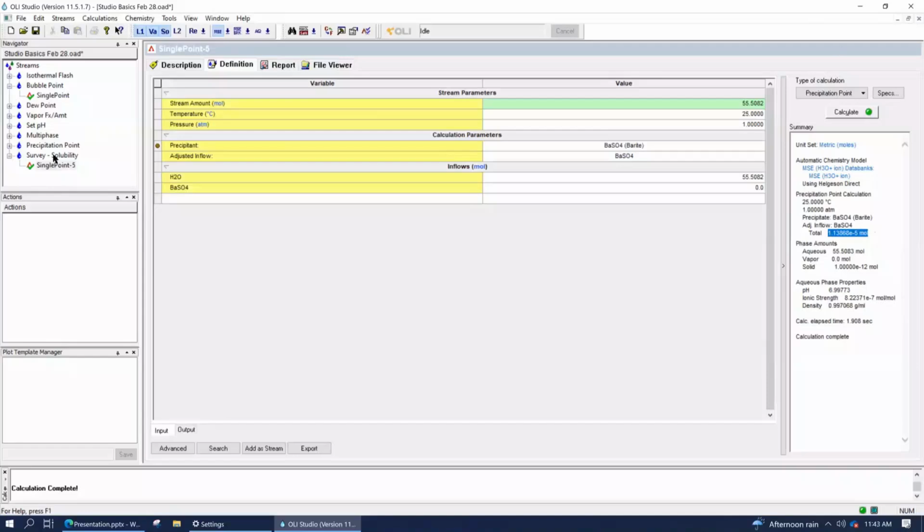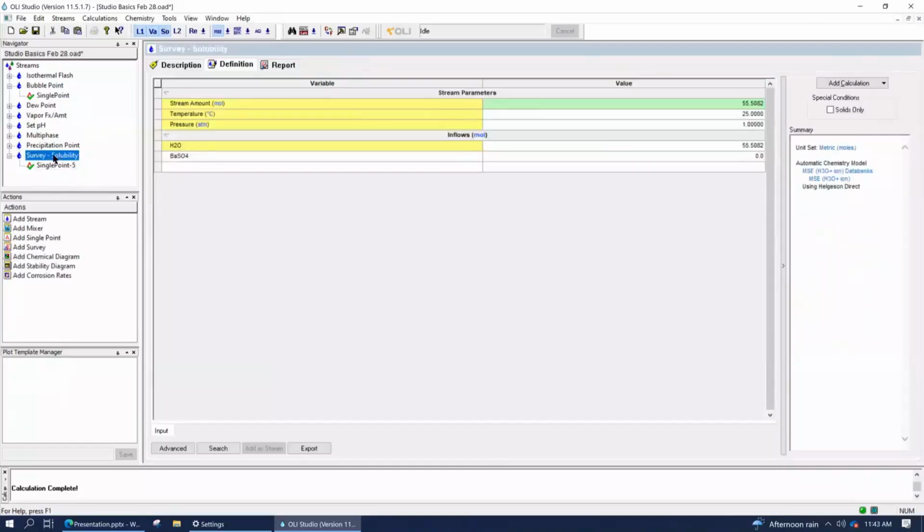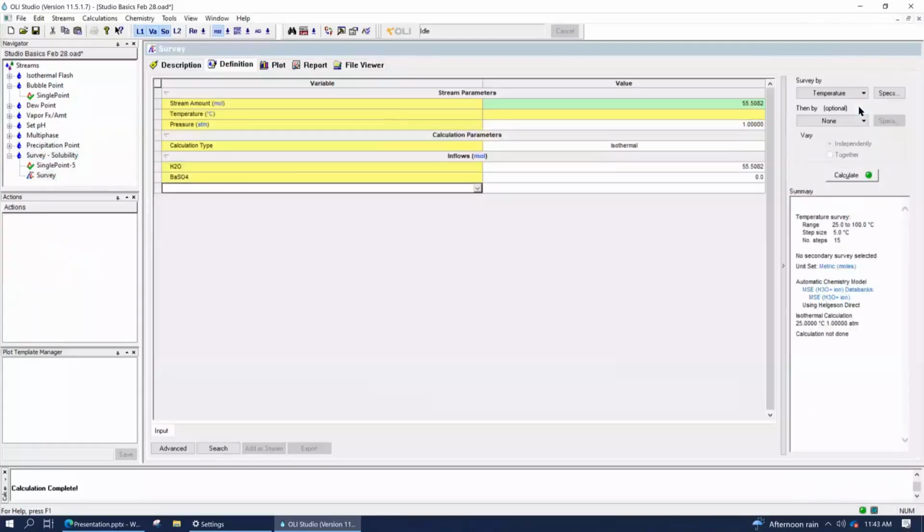So let's go back to the survey, the stream here labeled survey solubility. And now let's add a survey calculation. This is the first one we're adding. And just to keep things clean, let's call this BaSO4 versus temperature.